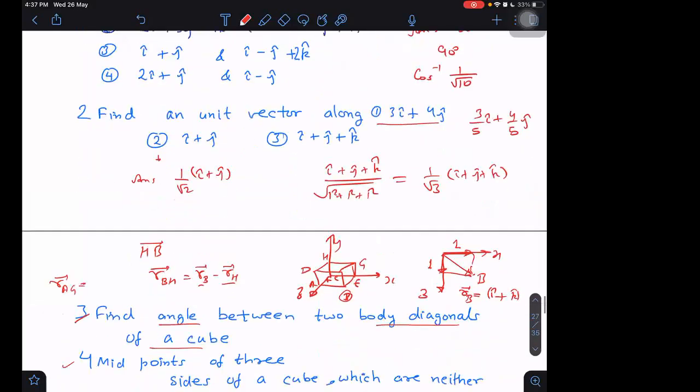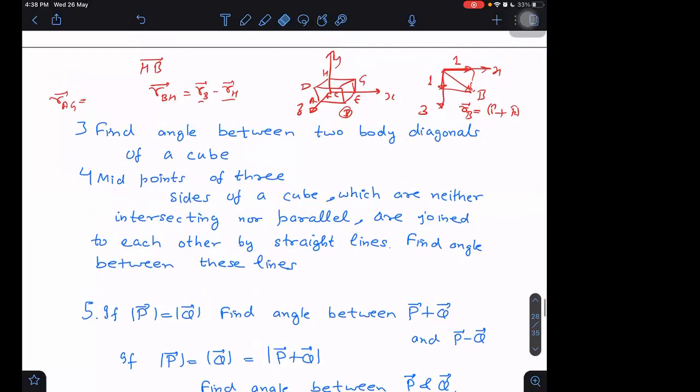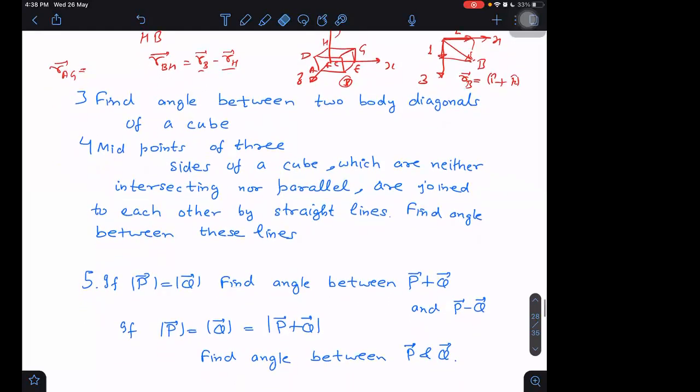That is it. Question number 3. What is the answer for the angle between the two body diagonals of a cube? I gave you a hint also on how to do it. Did you do it? Is it cos inverse of